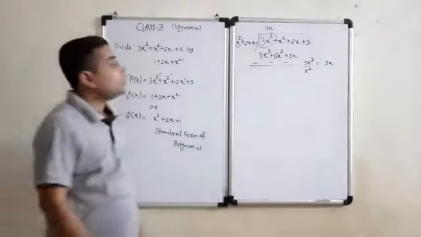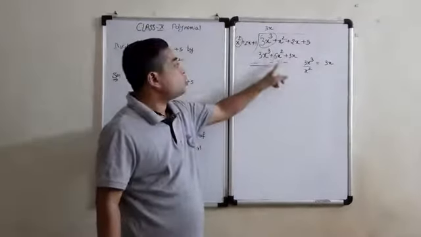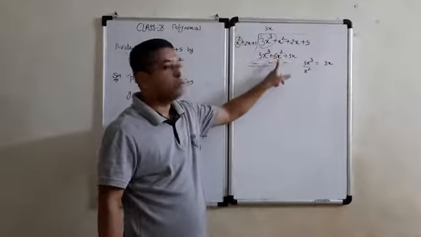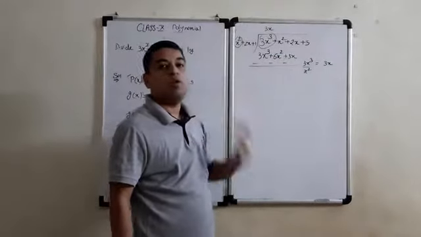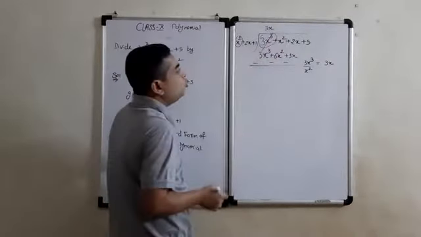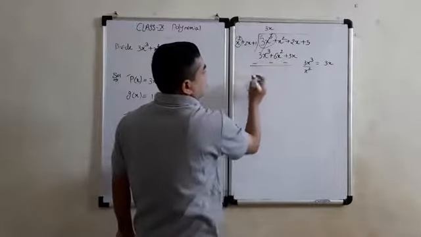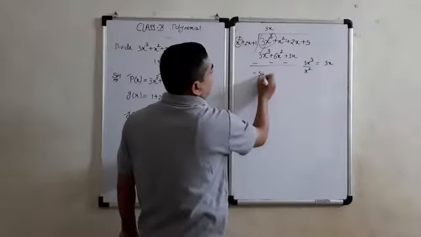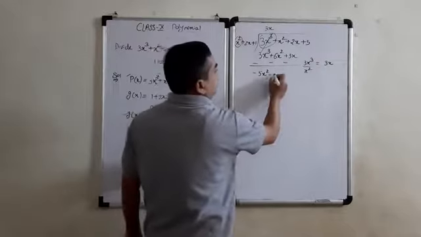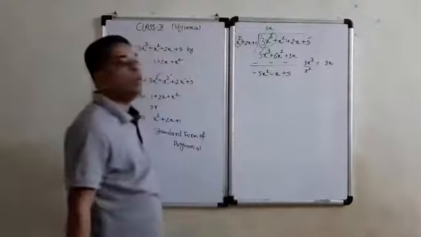While writing, we have to write in such a way that the cubic term comes just below the cubic term, the square term comes just below the square term, and the x term comes just below the x term. So it will be easy for addition and subtraction. Every time your first term will be cancelled out. So what will be left here? Plus x square and minus 6x square. What will remain here? Minus 5x square. And that is plus 2x and it becomes minus 3x, so it will be minus x. And the last term we will write down. Okay, in this way we will divide.